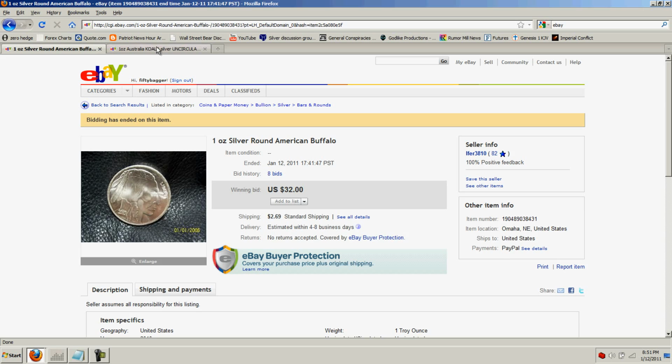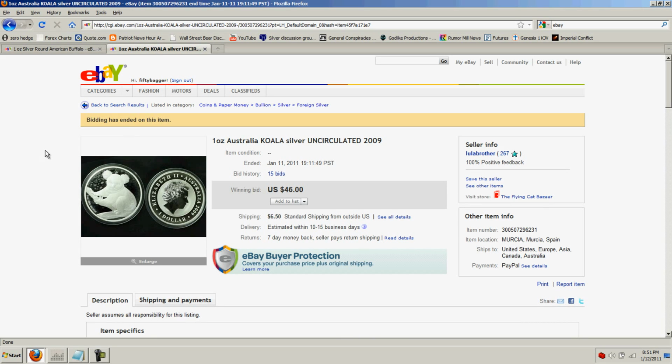I had spoken about the koalas, and some people take issue with whether you should buy coins with numismatic value. I have a number of considerations when I look at a coin. I want a coin to be, one, very unique but identifiable,